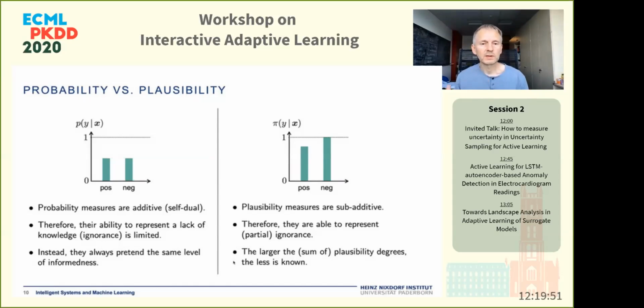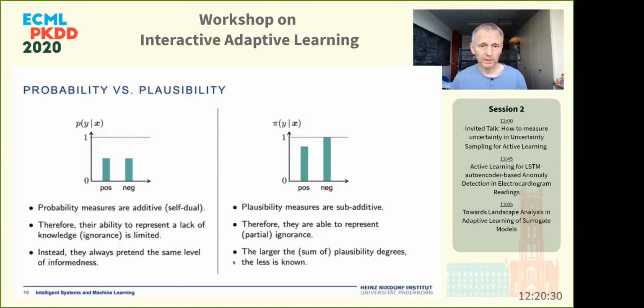Here we used a quantification that we have recently developed, actually for another purpose, but it's exactly what we need: a quantification of epistemic uncertainty. Our point of departure is to use more general measures to represent uncertain predictions, measures more general than probability measures, because probability measures are of limited expressivity and arguably not really suitable to represent a lack of knowledge, and this is mainly because they are additive